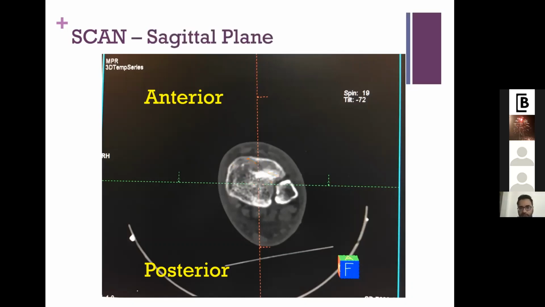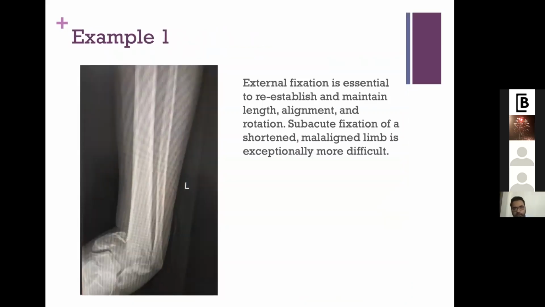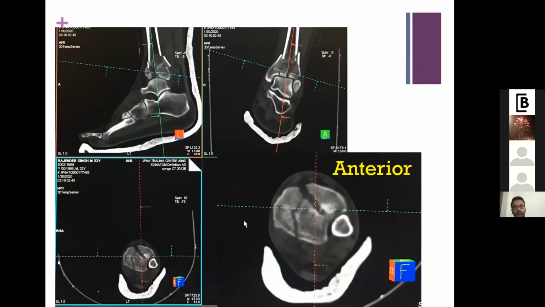And in the sagittal plane, if the fracture is on the medial aspect, you should think of going from the medial aspect and fixing through a buttress plate from the medial tibia. One such example, where I have already shown high velocity injuries, is where we do a span: you fix an external fixator initially, then wait for the skin and soft tissue to heal,